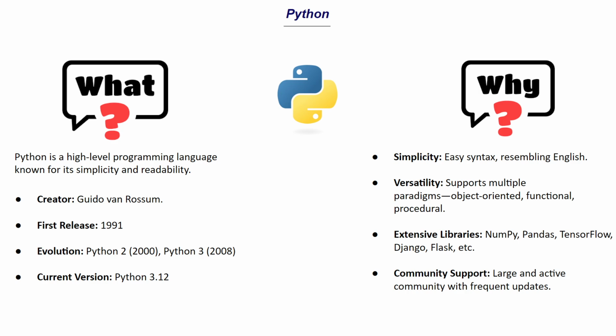It supports multiple programming paradigms. So we have object-oriented programming, where we handle everything in terms of objects, and also functional, where we create functions and so on. Procedural mainly focuses on functions and also the processes that we are following in the code. All these are a bit advanced, but you can just keep this in mind. It helps us do different types of programming within a particular code.